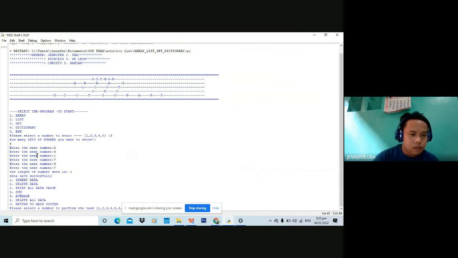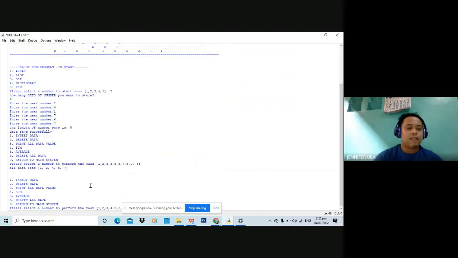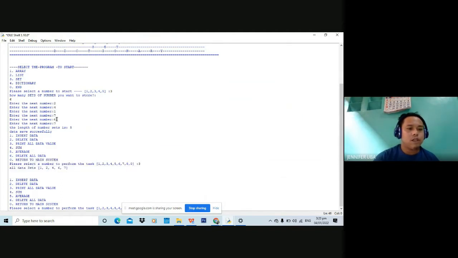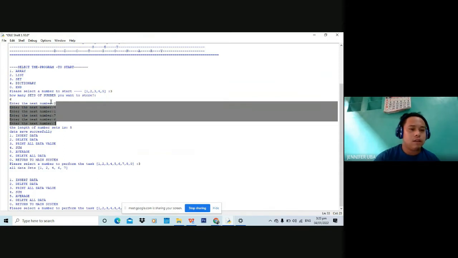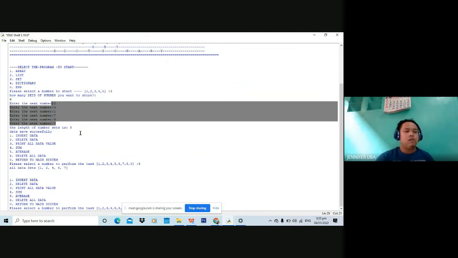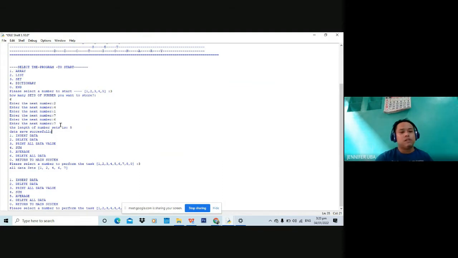ato makita dire si the length of number sheets is 6 so kini siya wala pa ni siya naka sorting so once nga mag-try ta og ato sa i-print all so makita nato dire ang kalainan sa result all data sets is 1 2 4 6 7 which is na-sort na siya dinhi na-sort na siya from dinhi sa range n mo siya ang range na-sort na siya with dayon ang sa set of numbers dili siya allowed ang magdubli og elements in sa values so iyang walaon ang magdubli so bawal sa iya so